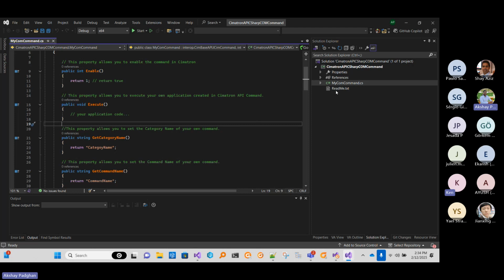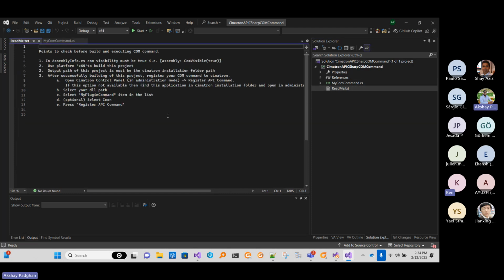Okay. Then here is one readme file. So everything is the same here, only one thing is different: you have to open the Symmetron control panel in administration mode. This is required because for a com command you have to register your command in the registry. To handle this mechanism, we already integrated some changes in the register API command. To do that, you have to register in admin mode because in the registry there are some sections like